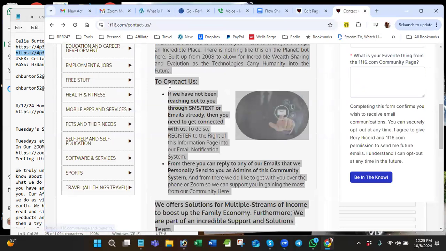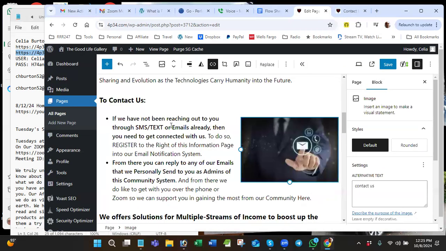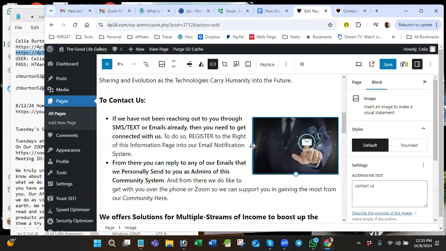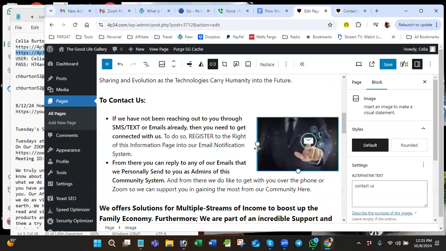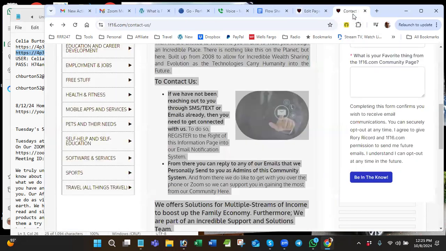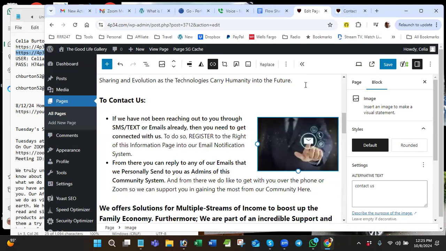His image is small. Well, I'm going to show you how to do that right now. So edit page right here to contact us, and it's the bullet points. So this image is a little bit bigger than his, so we'll just make it the same size. Or you know, it doesn't have to be perfect. You just make it the same size or close to it. In fact, you're not going to have to worry about it in the beginning because it'll be correct when you open the page. So as long as you don't change this, it'll stay what he has. But let me show you. You see, this is rounded